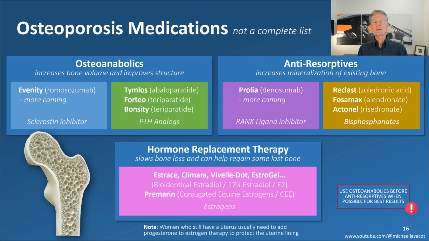Okay, the last bucket here is the hormone replacement therapy. So hormone replacement therapy slows bone loss and can help regain some of the lost bone. So again, if you're early in menopause and you start using this estrogen, you can help slow that bone loss, right? My wife is at this period. This is what we're doing for her, and she plans on being on estrogen for the rest of her life. With any luck at all, she'll never know what osteoporosis is. Well, she has to because she's married to me.